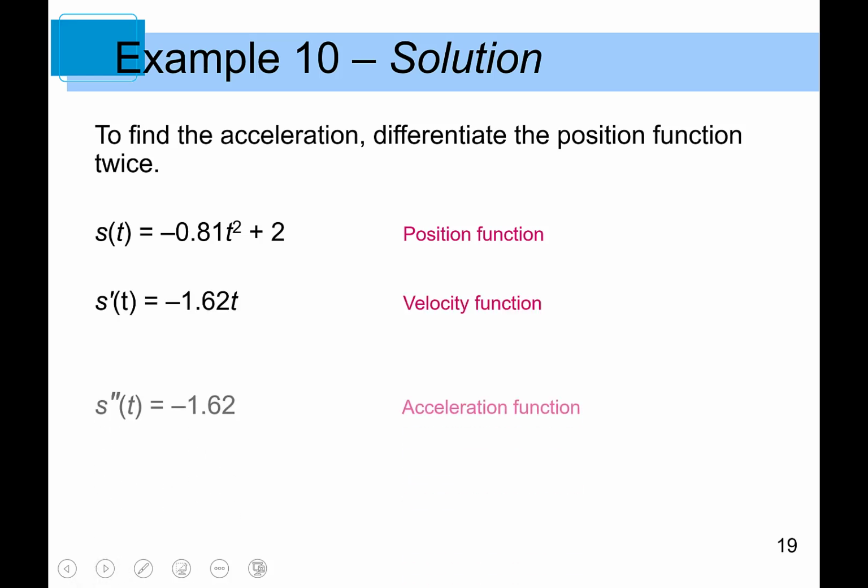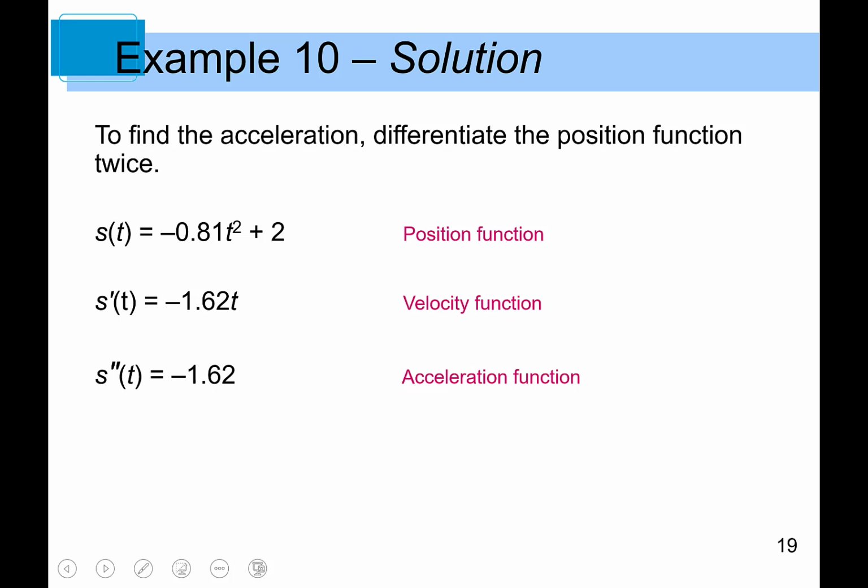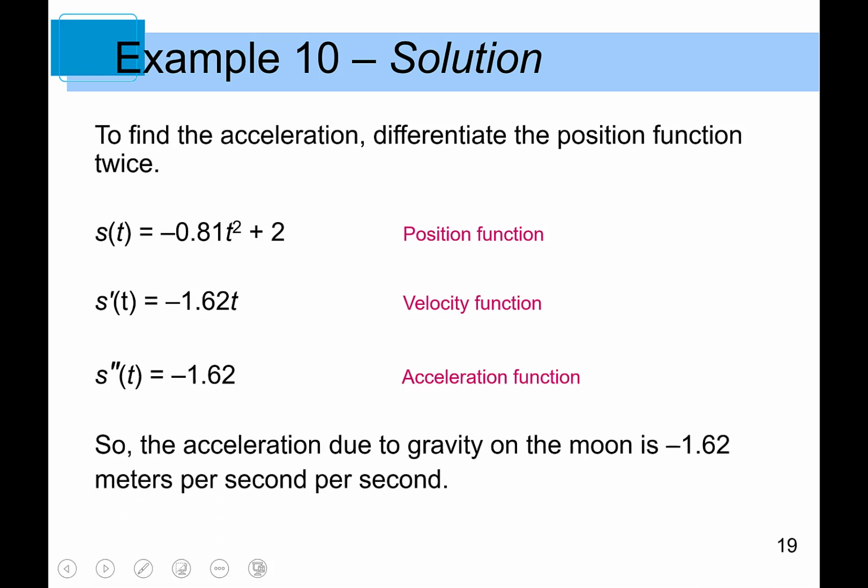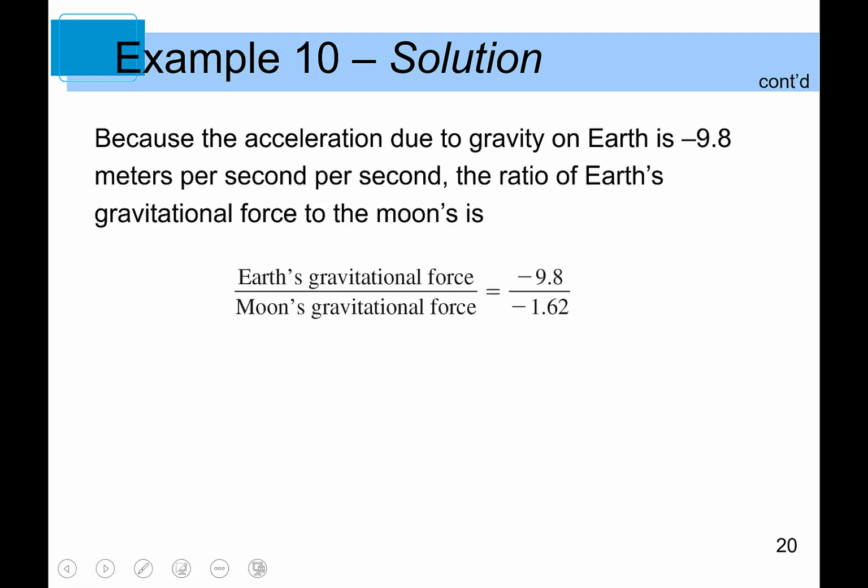So this is just a way to look at it. The acceleration due to gravity on the moon is negative 1.62 meters per second squared. Now, because the acceleration due to gravity on Earth is negative 9.8 meters per second squared, the ratio of the Earth's gravitational force to the moon's is negative 9.8 over negative 1.62. If you divide it, it's approximately 6 times. Okay,